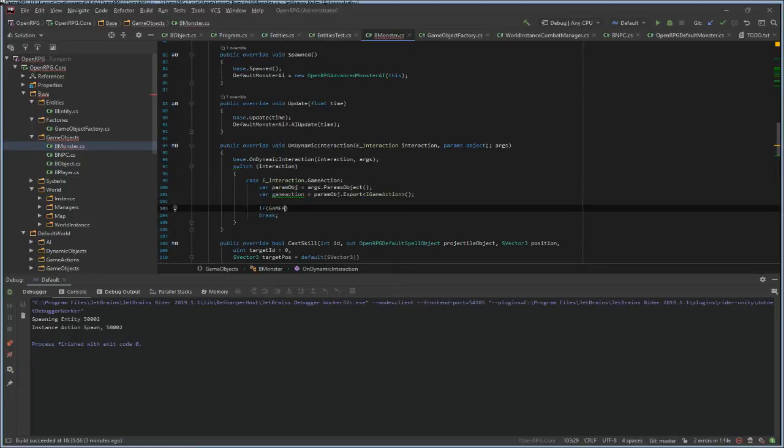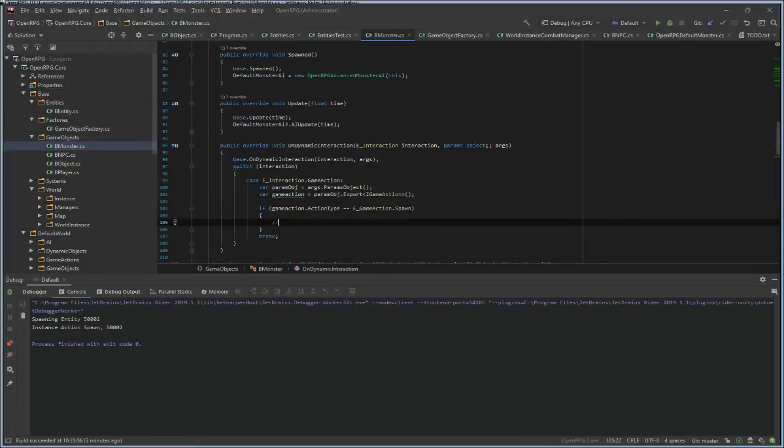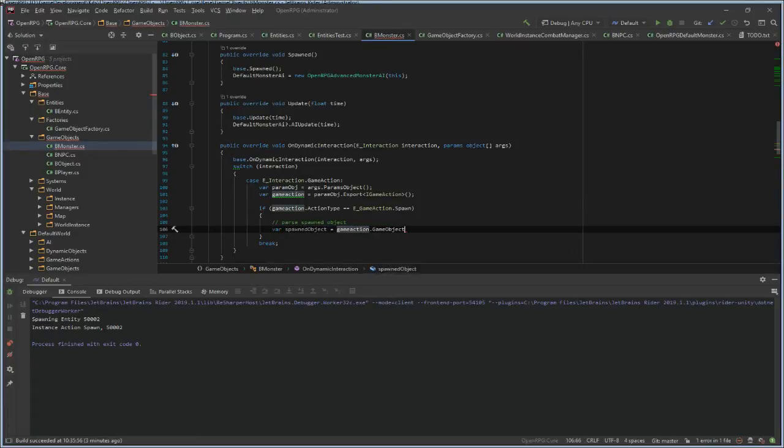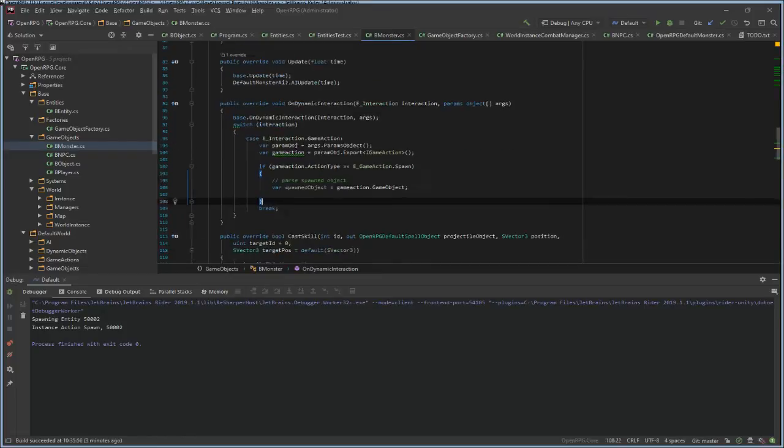If game action type equals spawn, parse spawn object. We do this game action dot game object spawned object equals, then we just have all the information we need about this object that spawned in the same area as us.